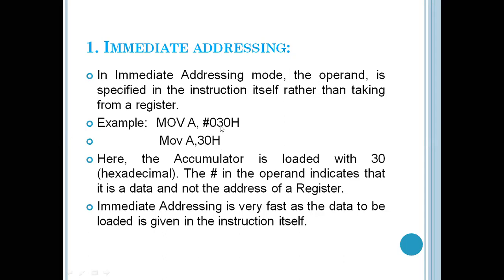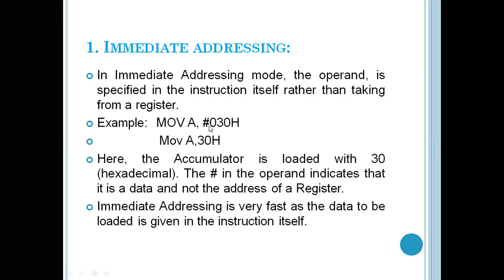That value may deal with two entities. Which are these? It may be the data or it may be the memory location. In our system, we are only dealing with data and the memory location. So there might be confusion whether 30 will be taken as data or as a memory location. To avoid this confusion, in the immediate addressing mode, we are directly giving the value or the data.